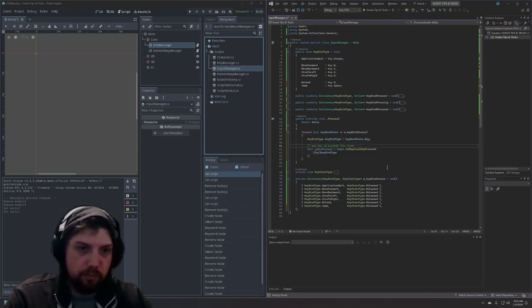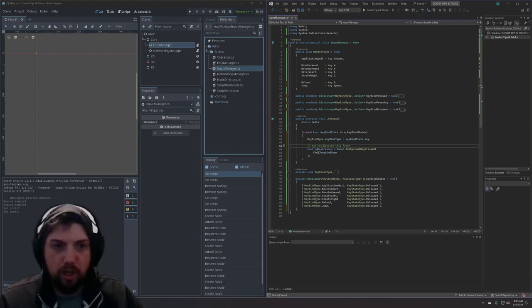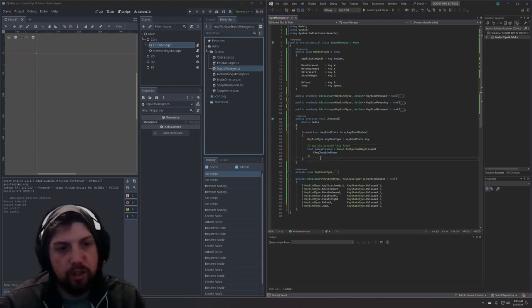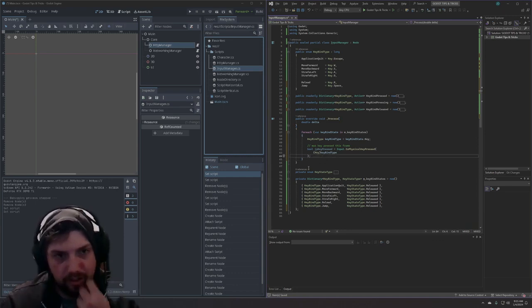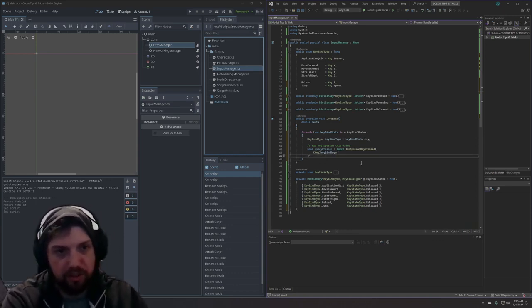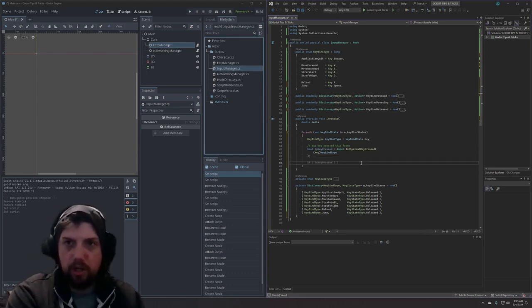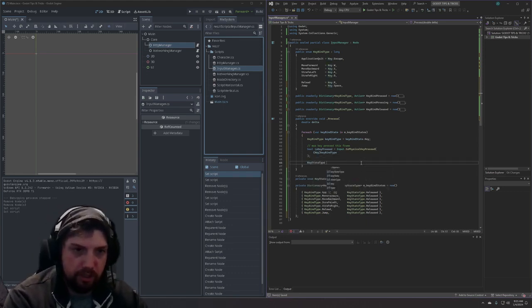Was key pressed this frame? And this processes the Godot intrinsic function for nodes that updates each frame. So this would be for this particular frame when this is processing. Has this key been pressed? So we're going to also take the key state type